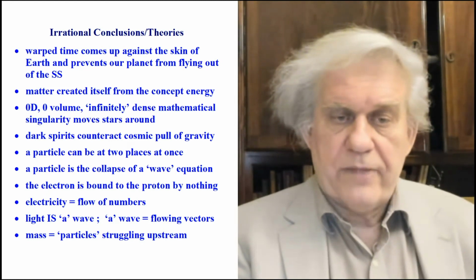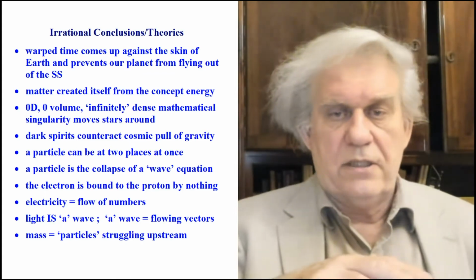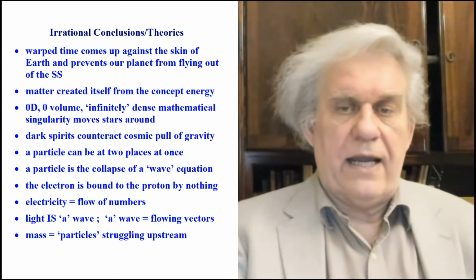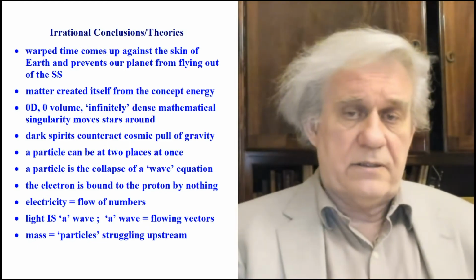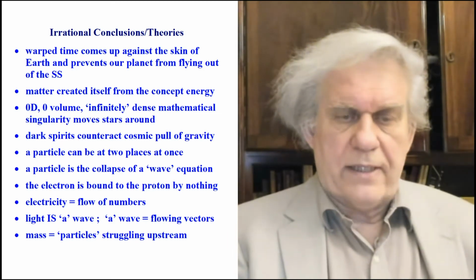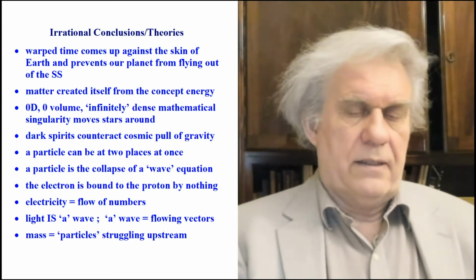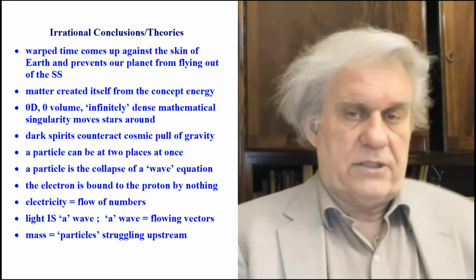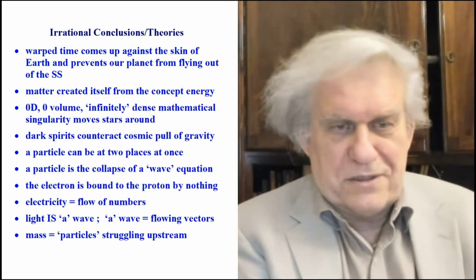Light is a wave, and what is a wave? Flowing vectors. We saw that the other day. We have all these vectors, mathematical vectors. They have magnitude and direction. Remember, some are up, some to the side, 90 degrees to each other. They're collectively known as the electric and magnetic field. Okay, that's what it is, a bunch of vectors, and that's what light is, a bunch of vectors that are flowing. Does that make sense? That's what they say it is. They illustrate it. So if you had any doubts, just look at the illustration. You'll see what it is.